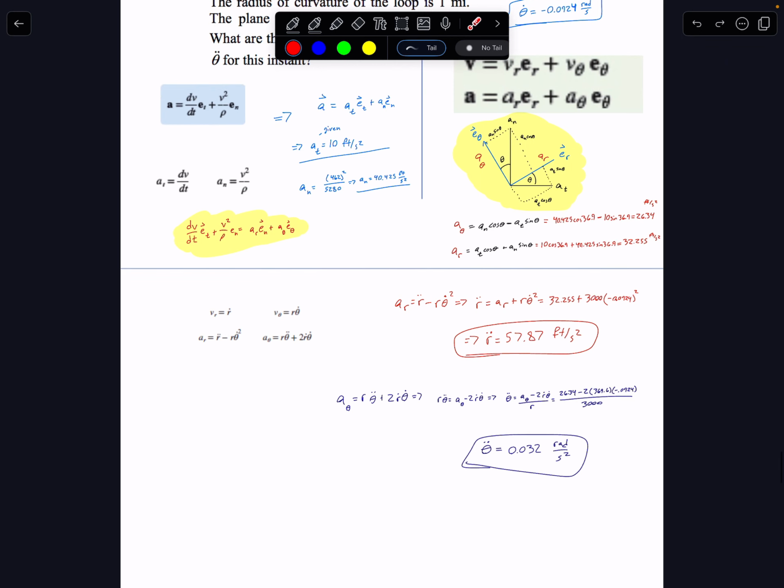And then from the textbook and other equations as well, or lectures, we have given equations. So the AR is equal to R double dot minus R omega dot squared. And so we have all of these values, so again we can plug in, find R double dot, and then again we have this A omega is equal to R double dot plus 2 R dot omega dot. So again, we can plug everything in because we have everything, and we get omega double dot